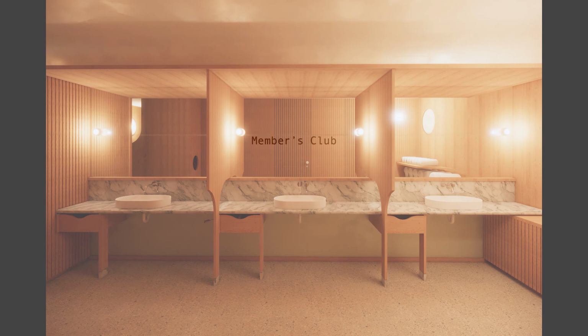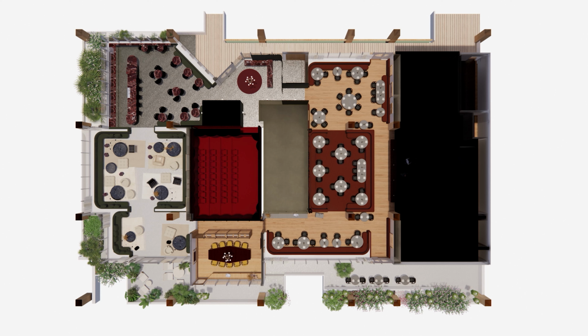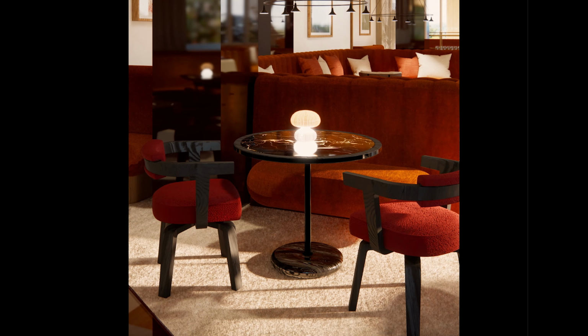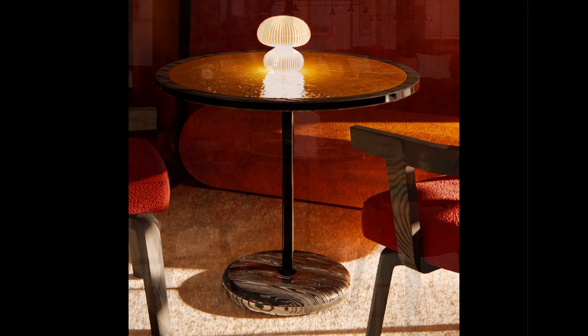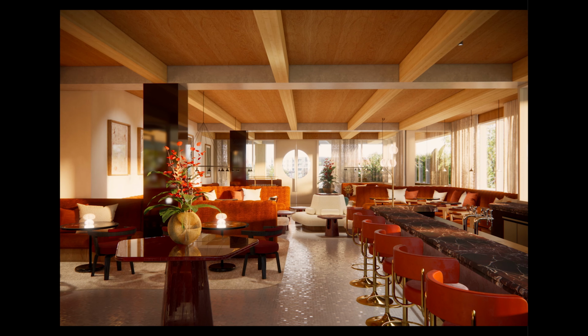The members club is a big part of it, which is really great because it's a full quadrant of the structure where you come in and you immediately again get this garden, and here we kind of raise the windows so that you have the datum of the bar becoming the datum of the seating area. Next door, furniture, lighting,